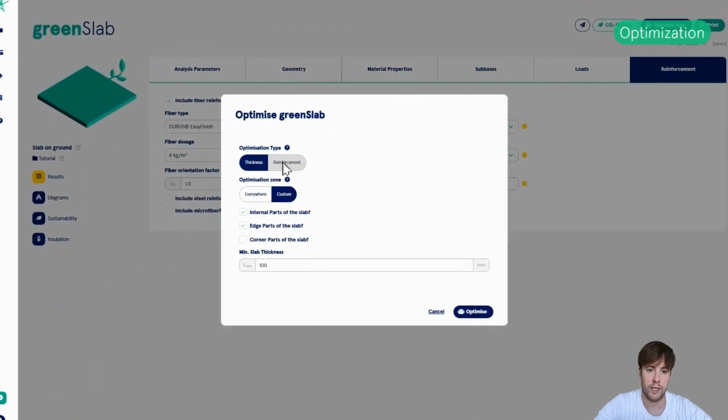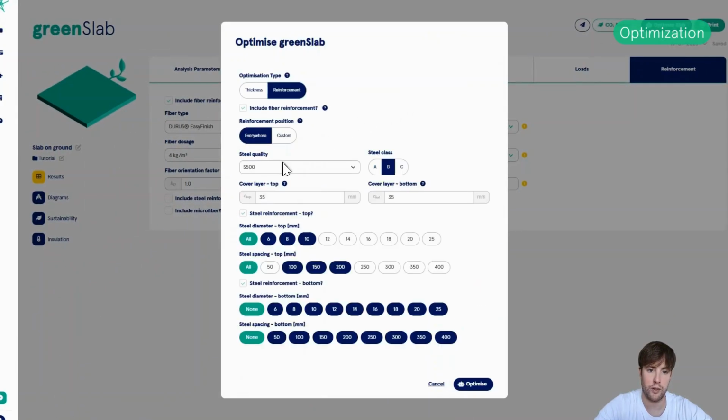So now I will go ahead and say I want to optimize the slab with reinforcement, and I could choose everywhere because it will still have enough capacity at the edges and at the internal part without adding steel.